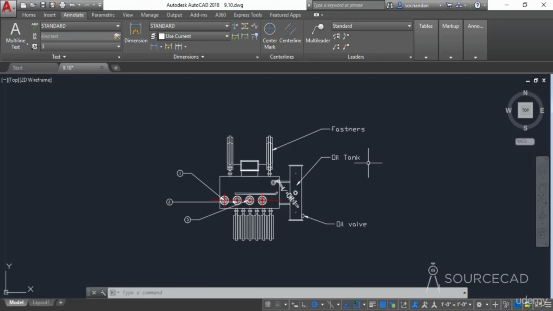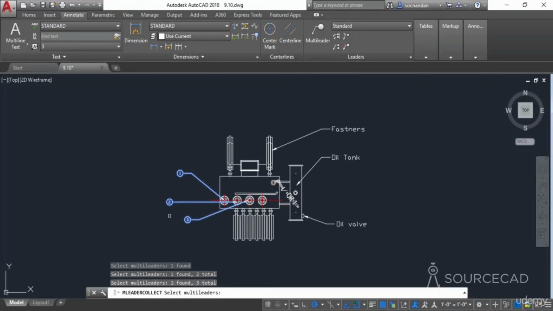Now there is an option of collecting the multi-leaders. Using this Collect option, you can collect multiple multi-leaders and convert them into a single multi-leader. But for that you need to have this kind of multi-leader on which the trailing end has a block. We'll learn more about blocks later on, but we have added these multi-leaders using the tool palette, and this tool will only work on multi-leaders which were added using tool palettes. So for using that tool, I'll select all of these multi-leaders